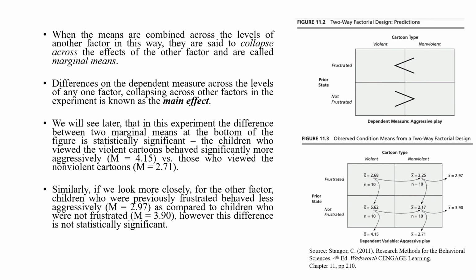We will do some statistics later, but let us say in this experiment the difference between these two marginal means appears to be statistically significant. The children who viewed the violent cartoons actually behaved more aggressively than children who did not view violent cartoons. You can see here the mean is 4.5 versus 2.71. We will do the ANOVA later and show you that 4.5 is statistically significant